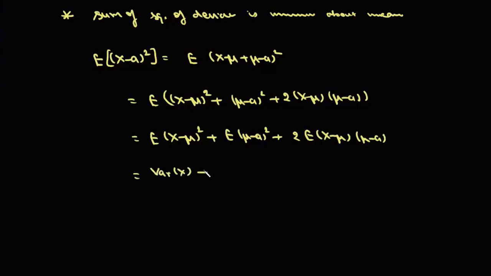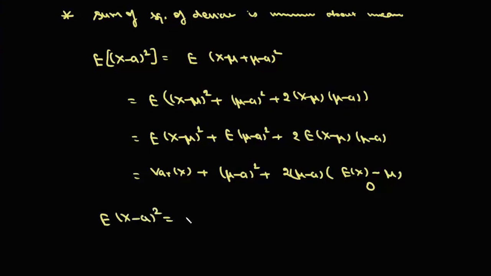अब ये है आपका वेरिएंस ऑफ x प्लस अब कांस्टेंट का एक्सपेक्टेशन वो कांस्टेंट तो ये हो जाएगा म्यू माइनस a होल स्क्वायर और यहां पे अगर देखें तो ये 2 म्यू माइनस a तो कांस्टेंट है और लीनियरिटी ऑफ एक्सपेक्टेशन लगाएंगे तो ये हो जाएगा एक्सपेक्टेशन ऑफ x माइनस और एक्सपेक्टेशन ऑफ म्यू ही रहेगा। तो E x माइनस म्यू कितना 0। तो यहां से हम लिख सकते हैं एक्सपेक्टेशन ऑफ x माइनस a होल स्क्वायर ये बराबर है आपका वेरिएंस ऑफ x प्लस म्यू माइनस a होल स्क्वायर। अब हमको पता है कि इसका अगर हमको मिनिमम वैल्यू निकालना है तो